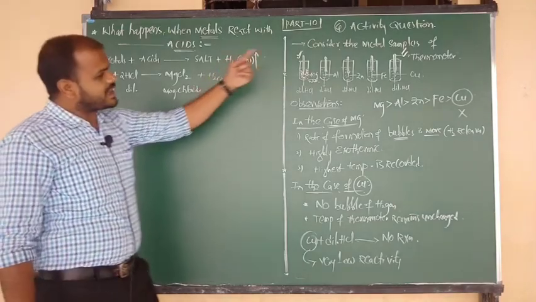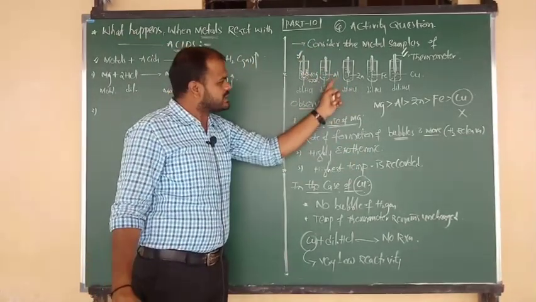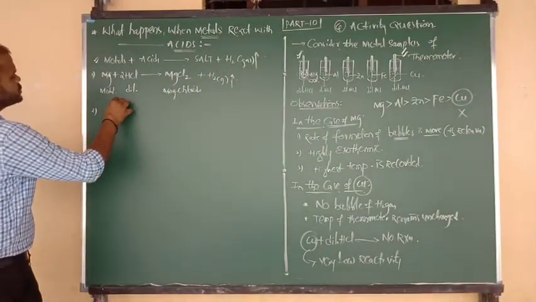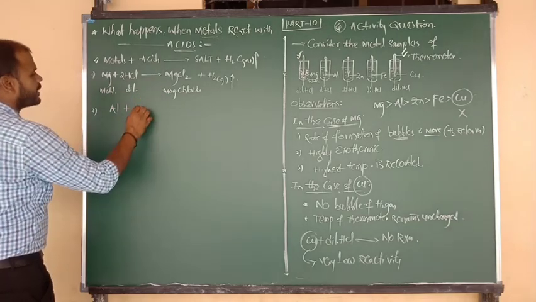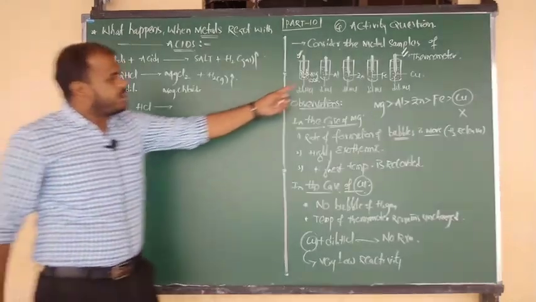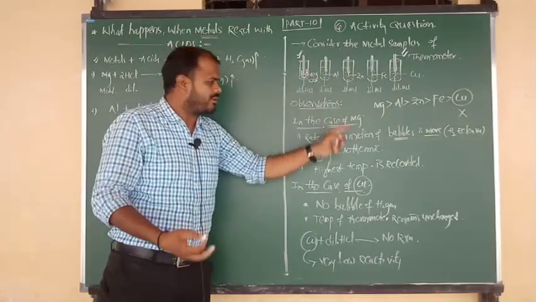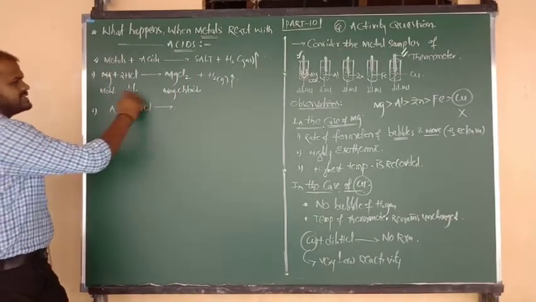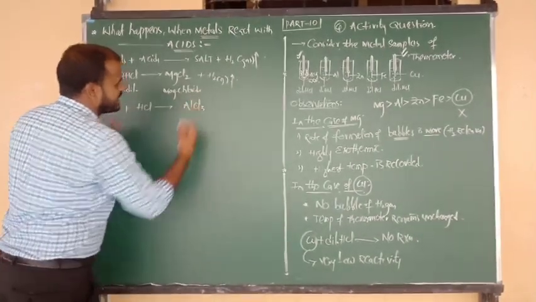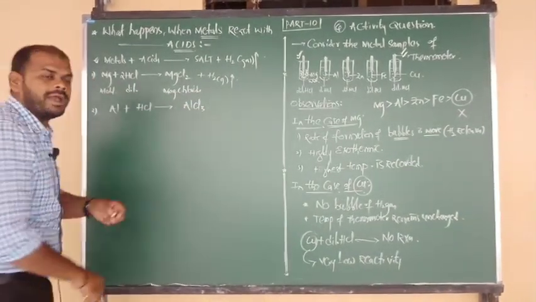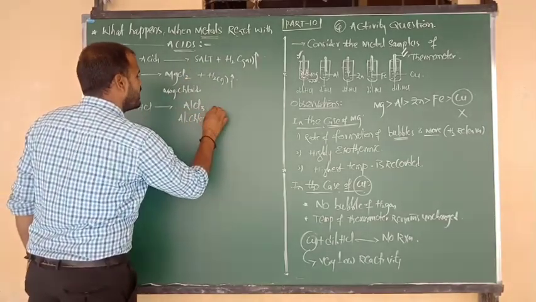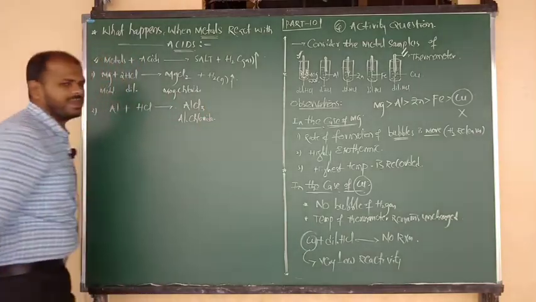Number 2, beta. Next, reactivity of metal sample aluminium. How does aluminium show reaction with dilute hydrochloric acid? I am going to consider Al. It undergoes reaction with hydrochloric acid, HCl. Aluminium on reaction with dilute hydrochloric acid also evolves hydrogen gas, but before that it changes into the respective salt, metal and non-metal. Aluminium with chlorine, AlCl3. You are getting aluminium chloride as the salt. Here we are getting the product, aluminium chloride. This salt you are going to get here.